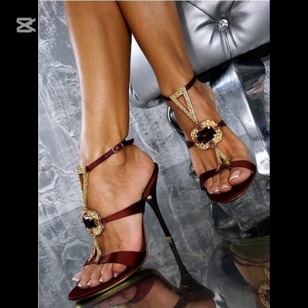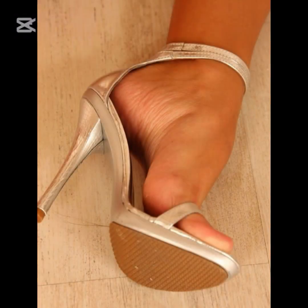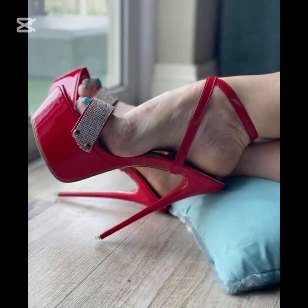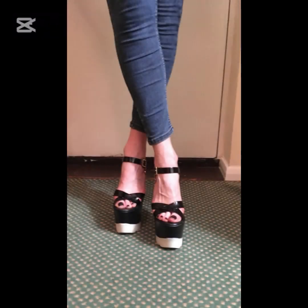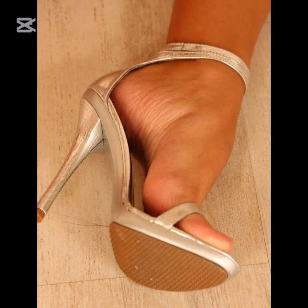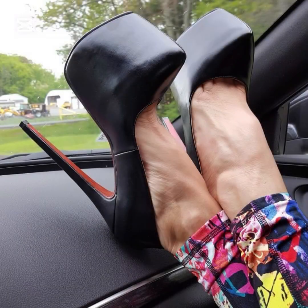Now, I show you the best and trending stiletto high heels moves. This is very trending in 2024. High heels pumps are a timeless and iconic style of shoe that exude elegance and sophistication, characterized by a